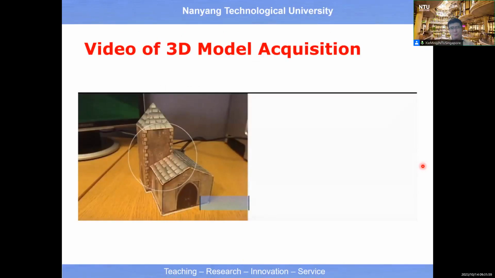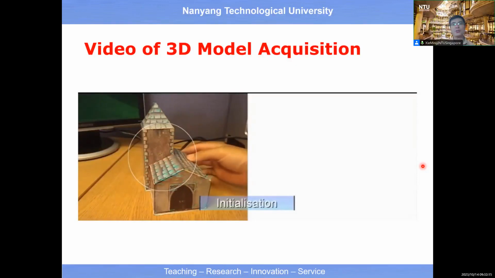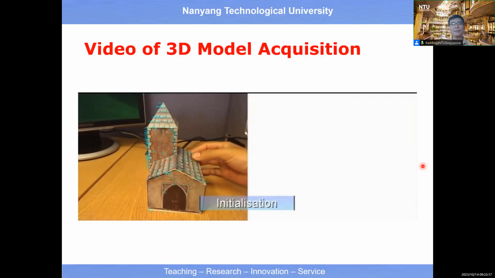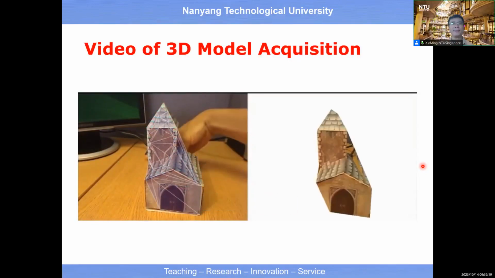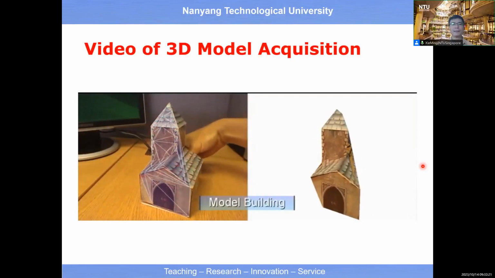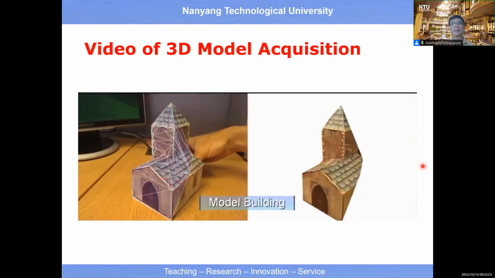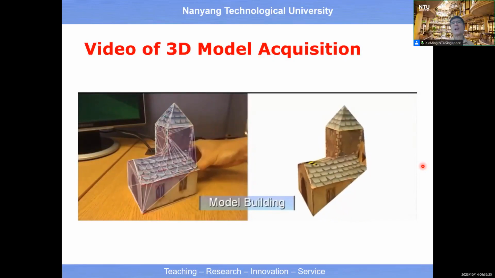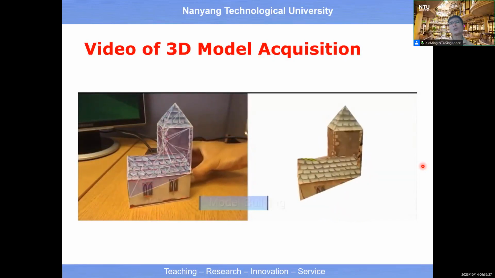And we can also use a single camera and then explore certain property of the motion, right? Then incrementally build up another example, right? So you see, we incrementally build up a model of a single